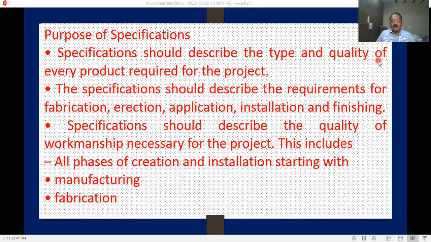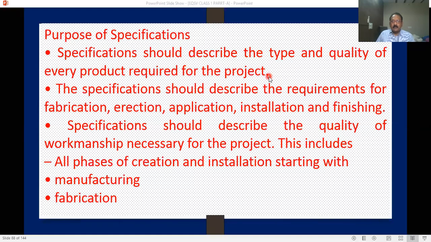Very important. Not only quality, but also product and brand name are important. You will have different types of brands in tiles, sanitary items, and electrical items. So specification is very important in this area.